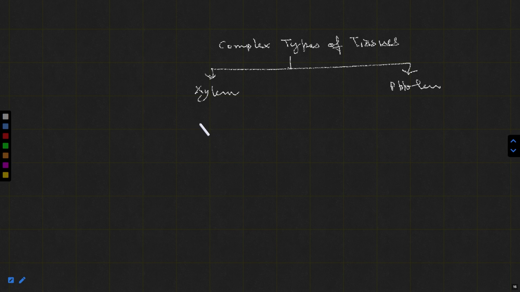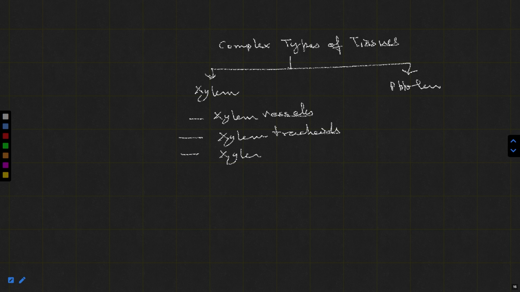Now if we see the xylem, what are the components of the xylem? The components of the xylem are xylem vessels, xylem tracheids, xylem parenchyma, and the last one, the xylem fibers. So these are the four components of the xylem, and out of this, the component that is the xylem